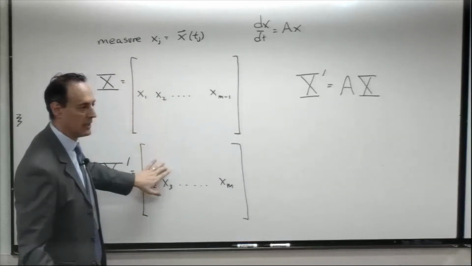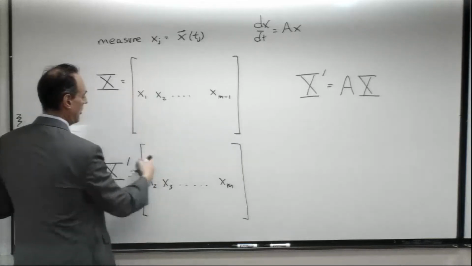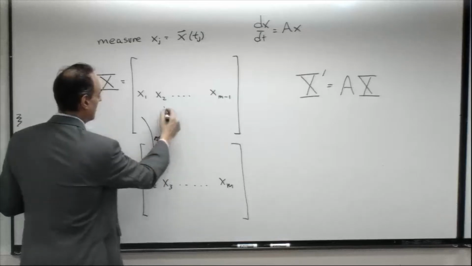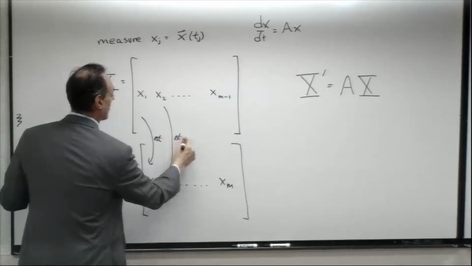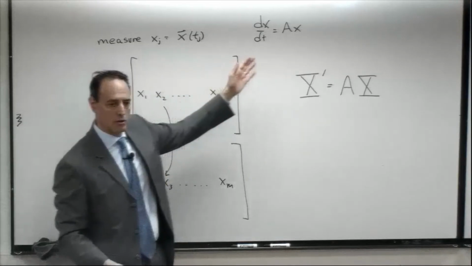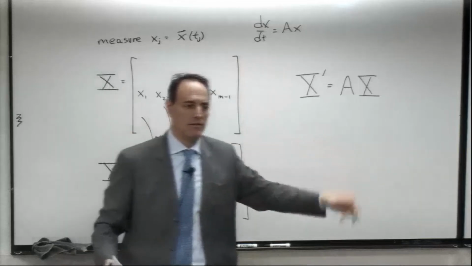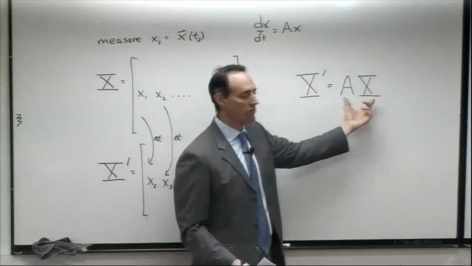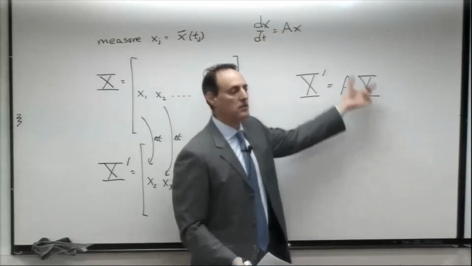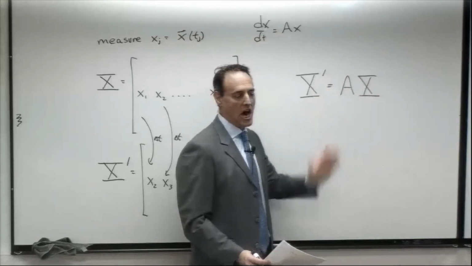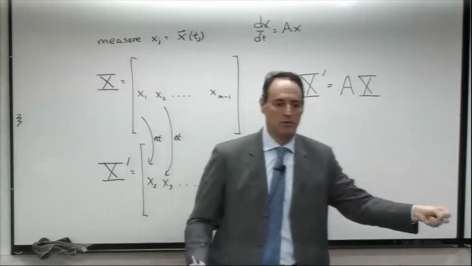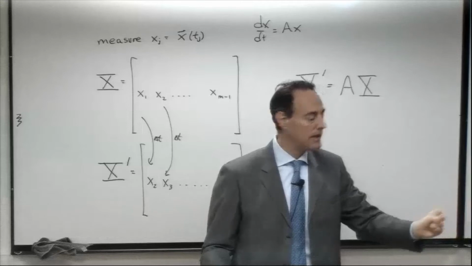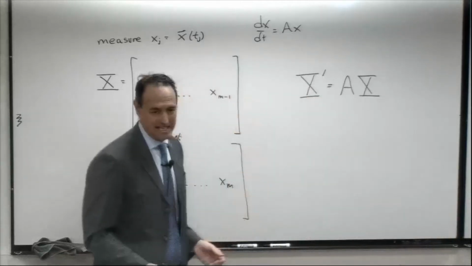x2 goes to x3. So in other words, the only difference is x1 is advancing delta t into the future. x2 is advancing delta t into the future. That's essentially what the differential equation tells you, is how do you advance into the future. And so what this is telling you is here is the mapping from going from where I am now to delta t into the future. It is the operator that takes me to the future, delta t. Everybody good with that? All right. Stated like that,